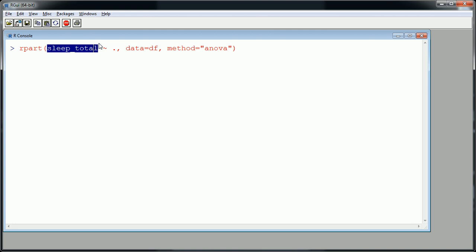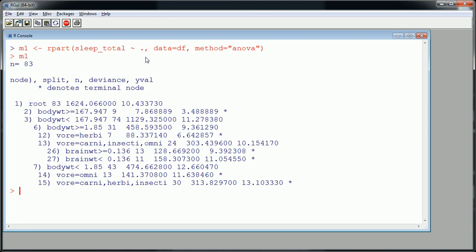So if I hit enter here, I'm going to get a lot of output. Typically, if you specify a model, you should name that model something. So I use the convention of M1, M2, M3, M4 to keep track of my models. I'm assigning the name M1 to this regression tree model that I'm creating here. Hit enter, no error messages. That's a good sign. If I actually type M1, I'll see a